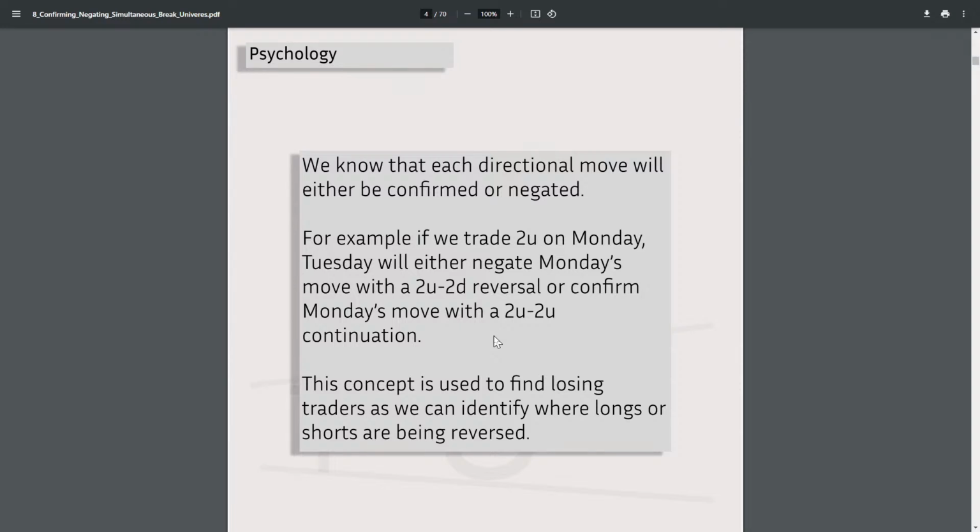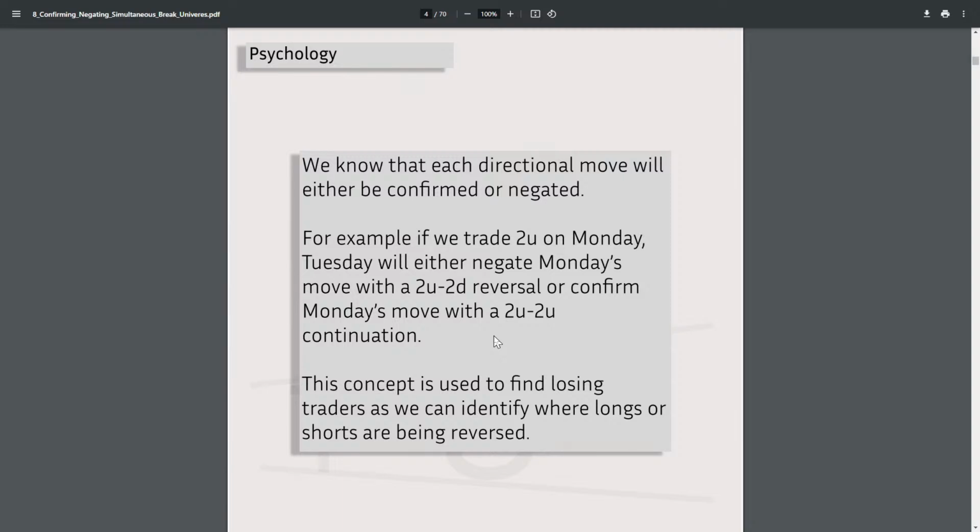So for example, if we trade a 2-up on a Monday, Tuesday, we will either continue Monday's move by going 2-up, or we will reverse Monday's move by going 2-up, 2-down. So the 2-up on Monday would be confirmed by the 2-up on Tuesday, and the 2-down on Tuesday would negate